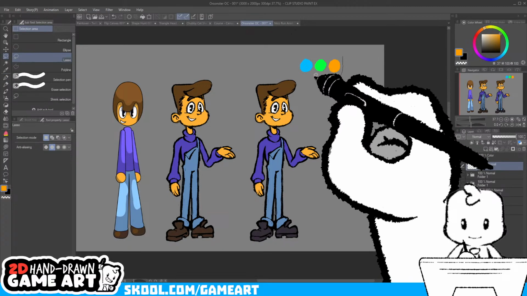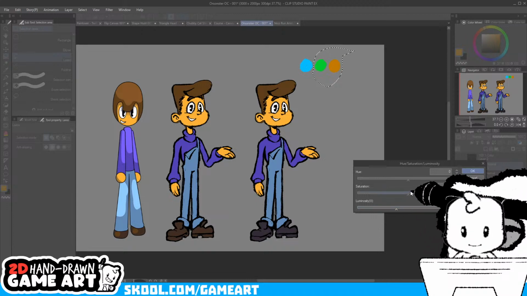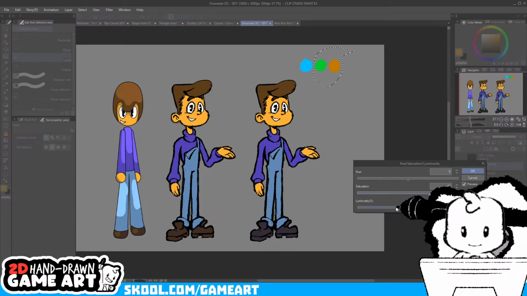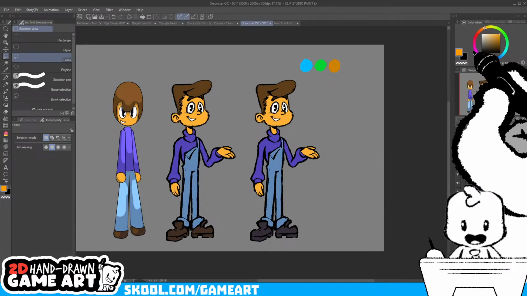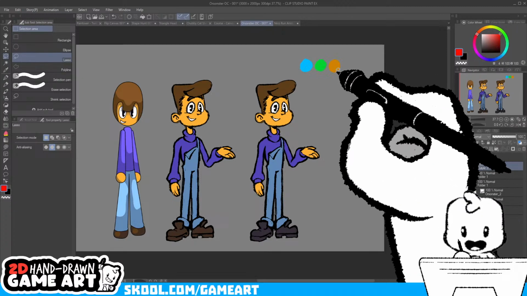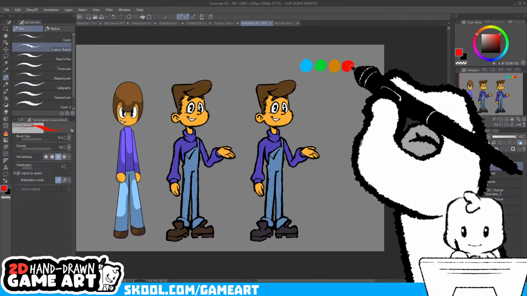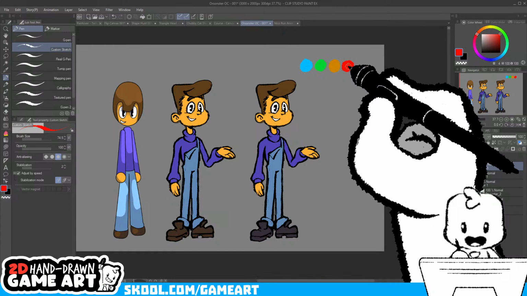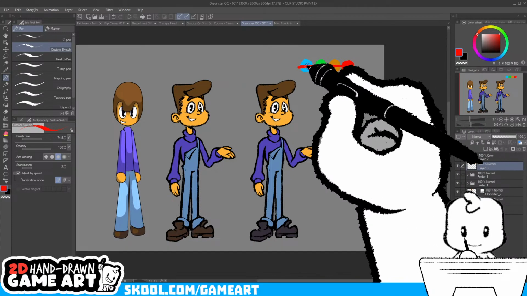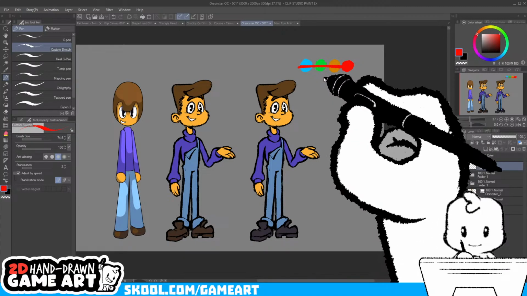I actually kind of want to make these a bit darker. So I'm gonna darken these a bit and saturate them a little bit. Yeah, that's dark enough. And then I'm gonna get this super bright saturated red and put that right here at the end. And this red should be brighter than all these other colors.